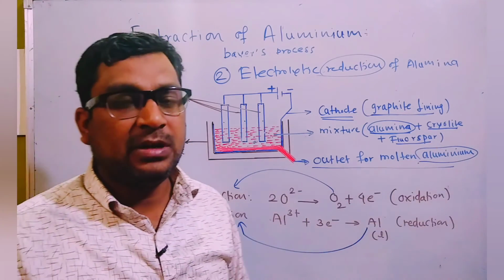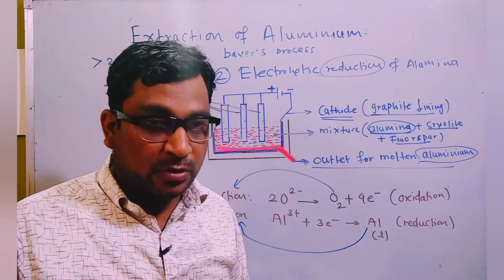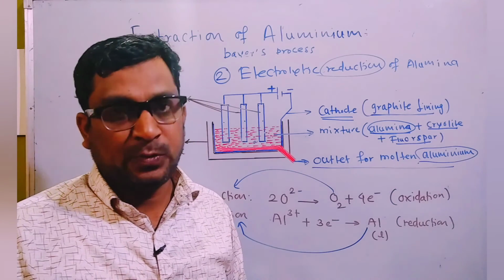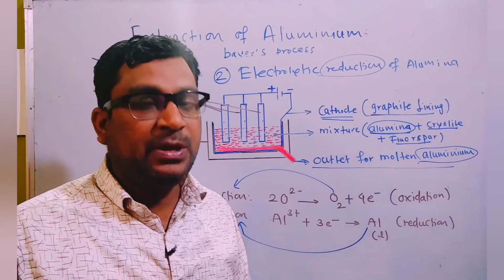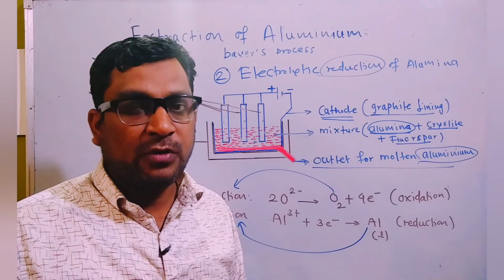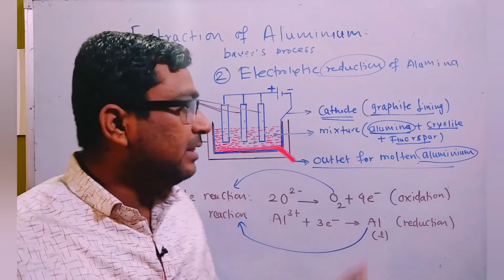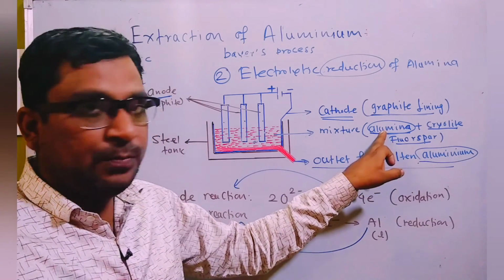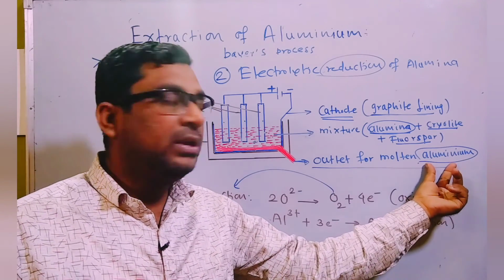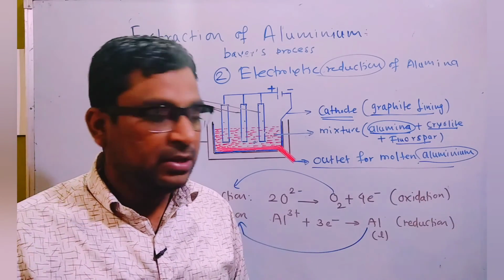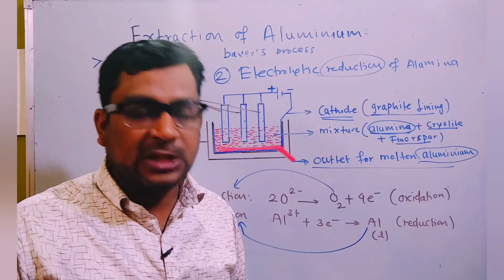Okay, so this is the complete process. From the first step, called concentration of bauxite ore, in which we use the Bayer process, today we discussed the Bayer process. Through this first stage, from the bauxite ore, we got alumina as the output. In the second stage, we take alumina as the input, and using electrolytic reduction, finally molten aluminium is the output for us. So this is the first video on extraction of aluminium using the Bayer process.